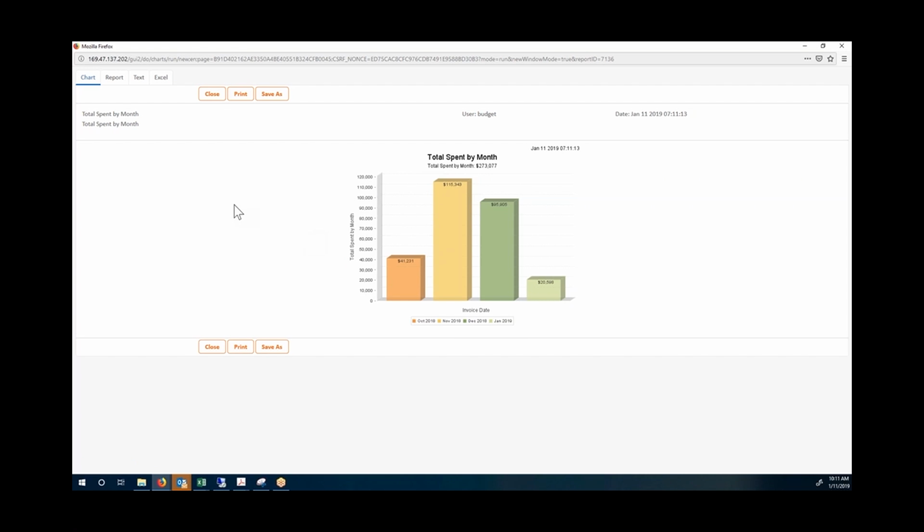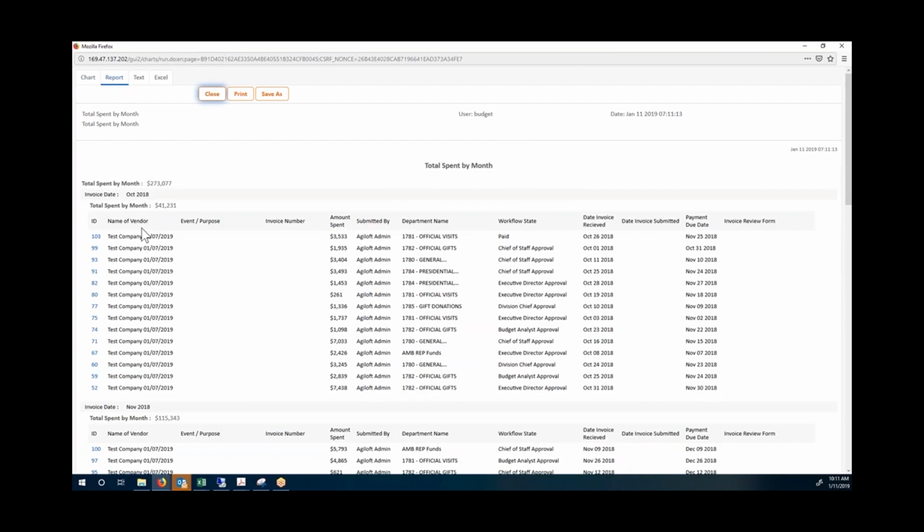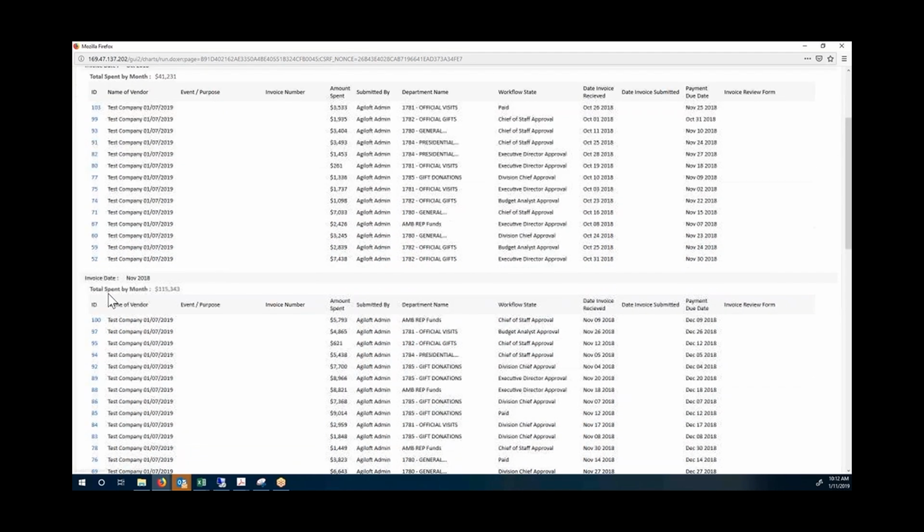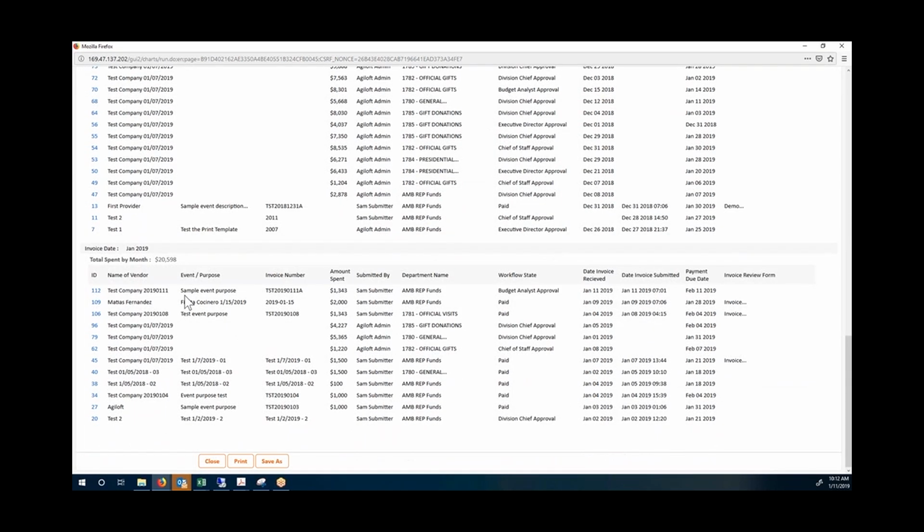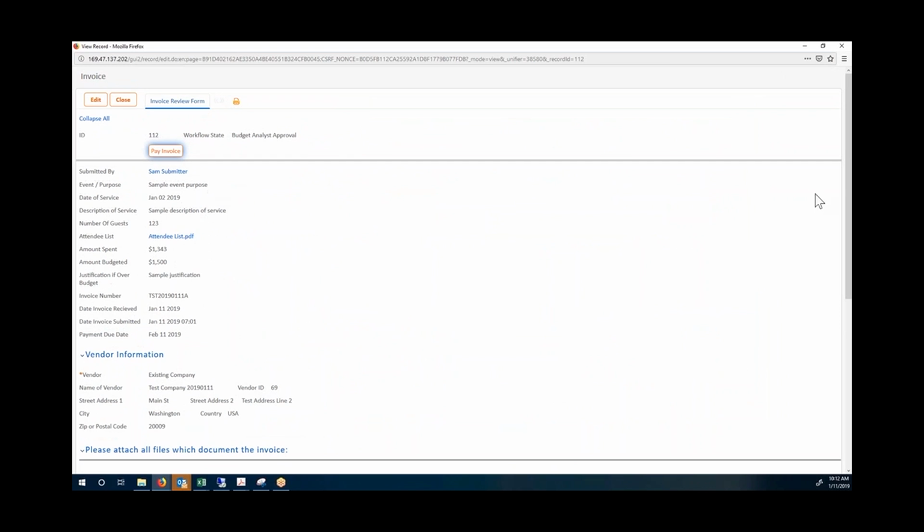One really useful feature of the system is that I can have a report of where those numbers come from. So you can see all the list of the transactions that compose those totals, and even you have a link to those particular records. So for example, if we move here to January, we can see the different invoices that comprise those numbers. For example, this one is the one that we've been working on. Once I click, we can go here and see the transaction per se